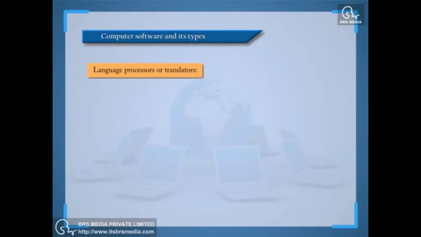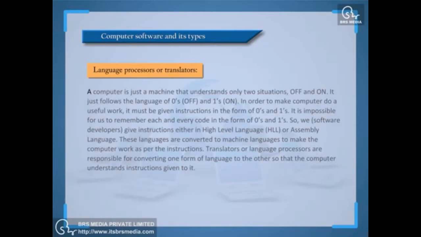Language processors or translators. A computer is just a machine that understands only two situations, off and on. It just follows the language of zeros, off, and ones, on. In order to make a computer do useful work, it must be given instructions in the form of zeros and ones. It is impossible for us to remember each and every code in the form of zeros and ones. So,